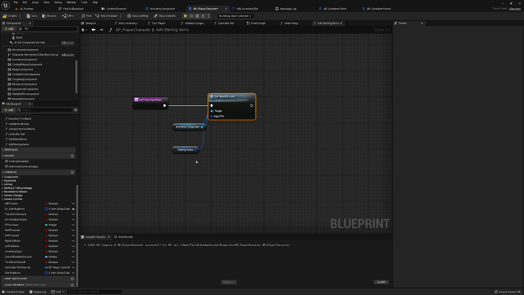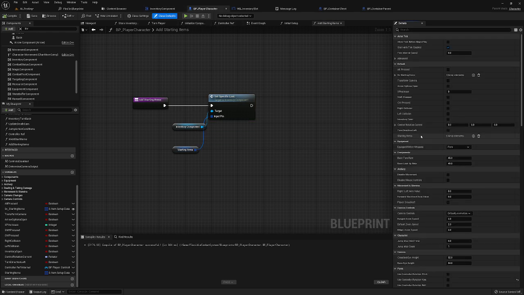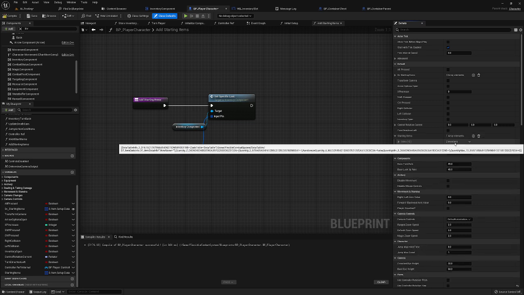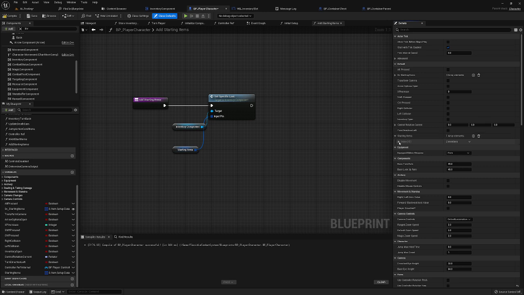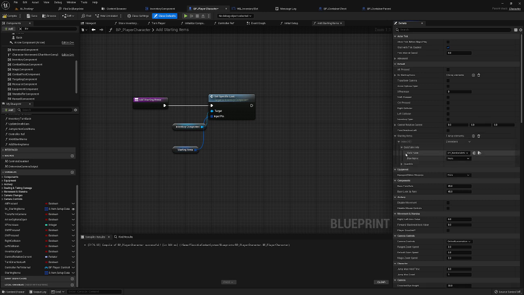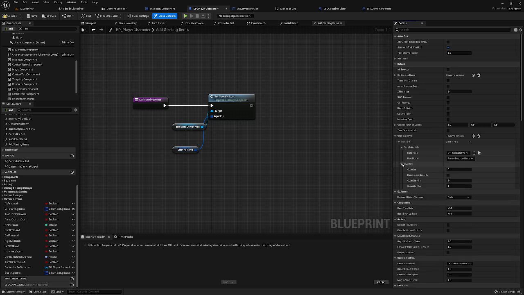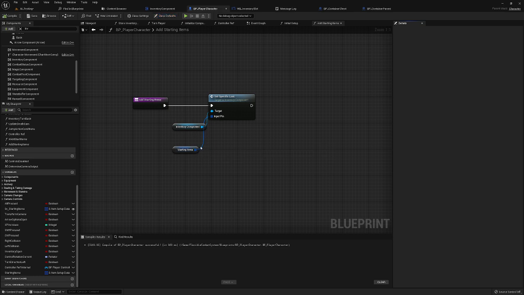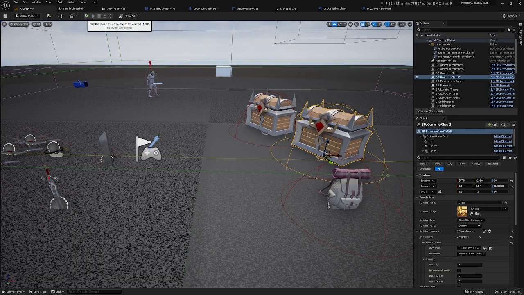All right, so we have that, but in the player defaults, we have this starting items array. So we can add, for instance, that leather cloak. We'll start off with a quantity of 1. That's default, so we don't have to change anything there. We hit run,